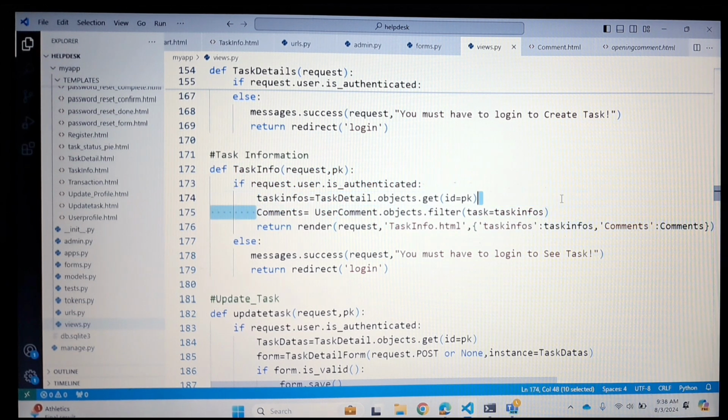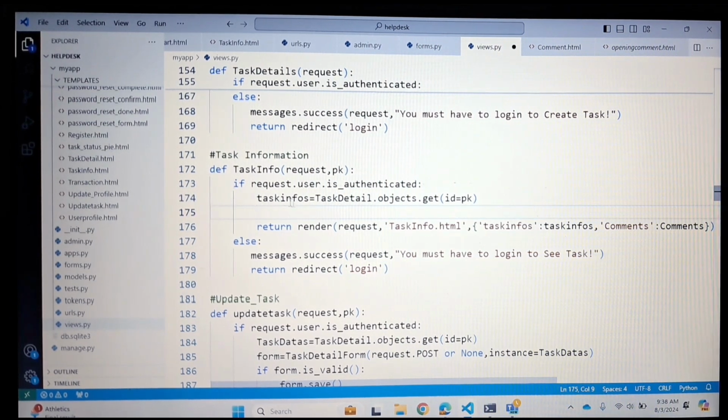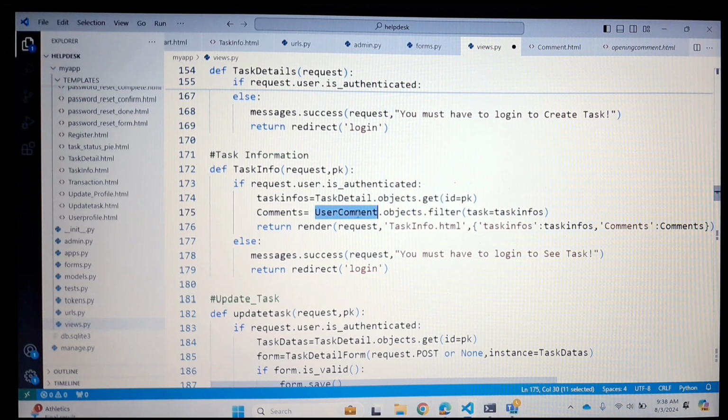Let me show you one thing. Up to this, you already have the code in your project if you're following me. So what we have added is this one only: comments equals to user comment. This is the model name of the model we are using to store the comment related things, and objects.filter(task=task_info). This task info is nothing but this one, and this task is the field we have in the user comment. Then you simply pass this comment here like this. So this is only one line, and you have to add these things in task info